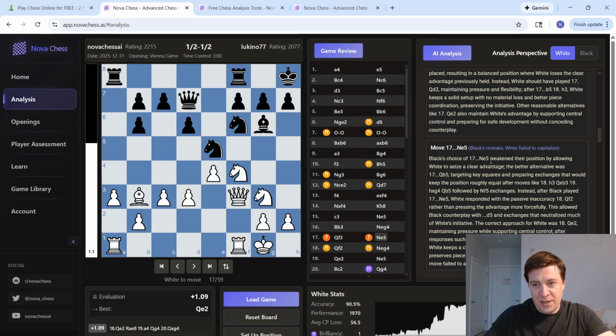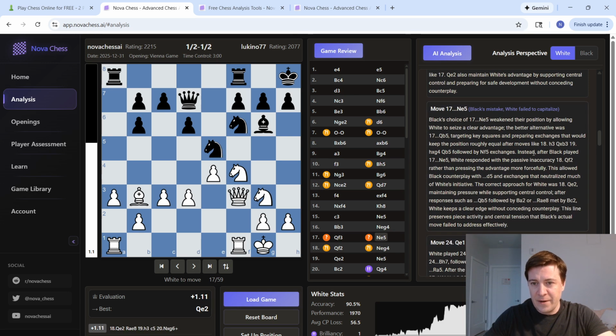Black's choice of 17, knight e5, and you can see it was on g4 here, weakened their position by allowing white to seize a clear advantage. And it says the better alternative was queen to b5. Back up. So queen to b5, as you can see down the Stockfish eval as well, this was by far